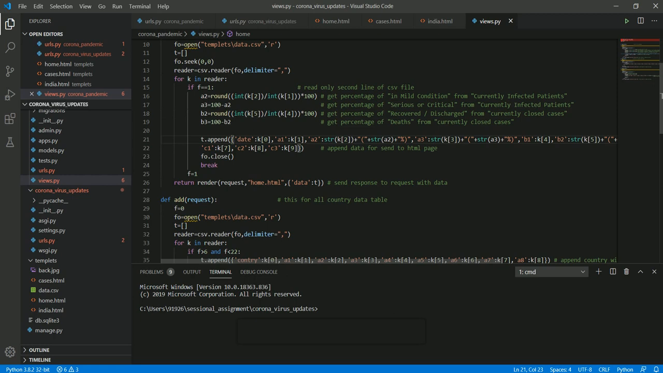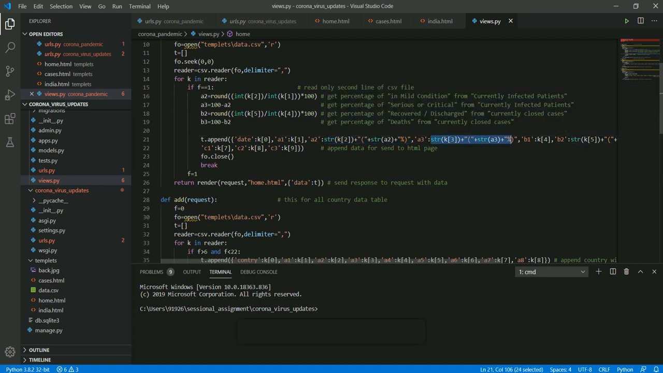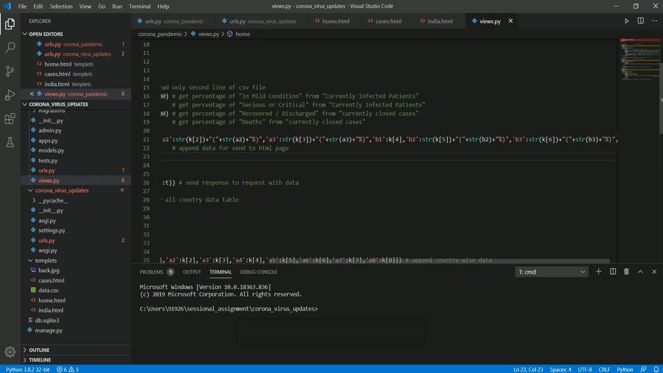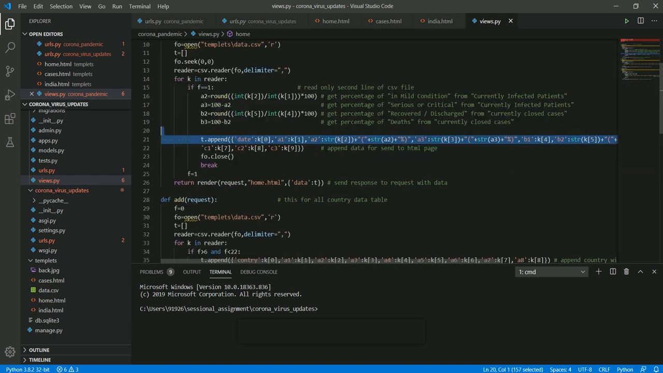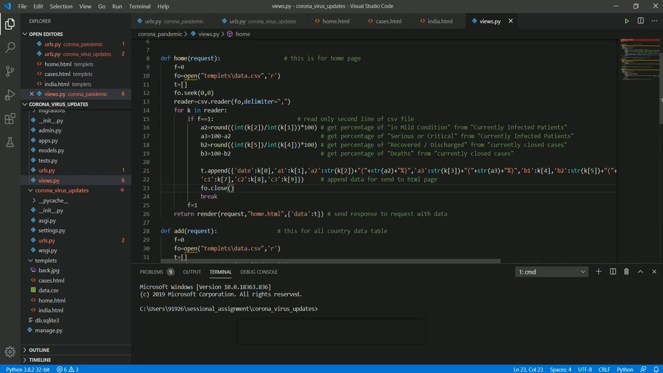So here I pass all of this data: first the date, then active cases, then the mild condition cases plus the percentage as a string. Then the serious or critical cases, and then the percentage of it. This is the closed cases. In this, we pass the recovered or discharged cases, and in B3 we pass death cases, and in C1 we pass total cases, C2 total recovered, and C3 total deaths worldwide. So here in home.html,